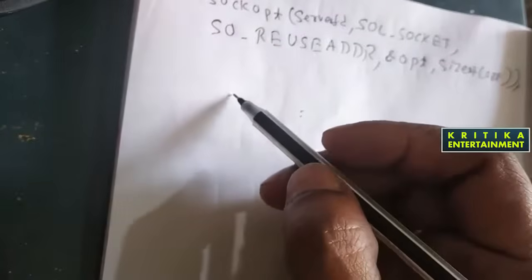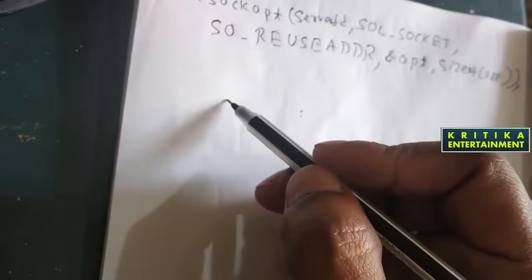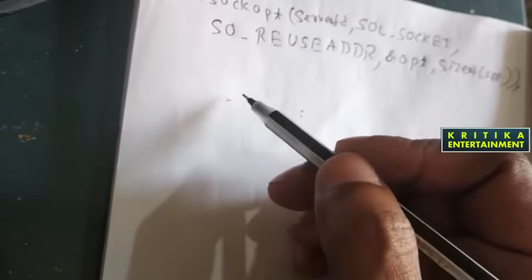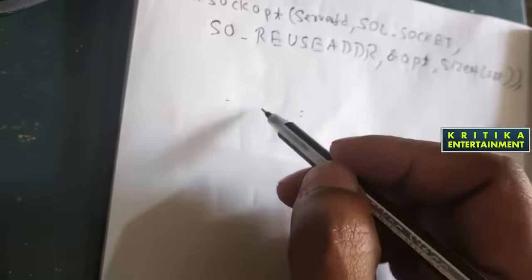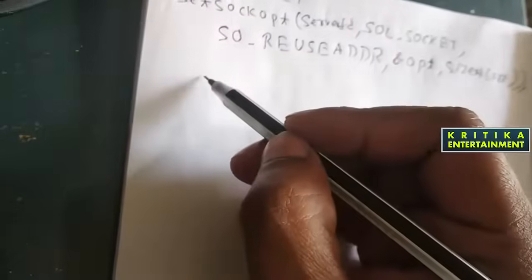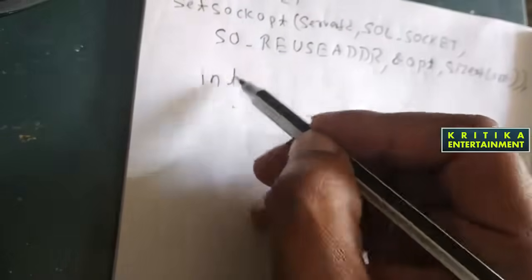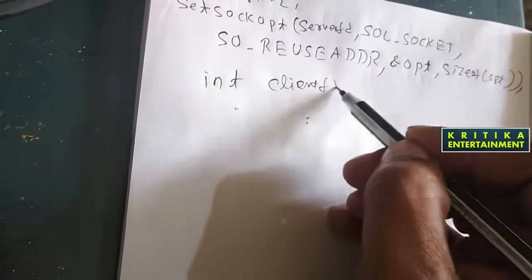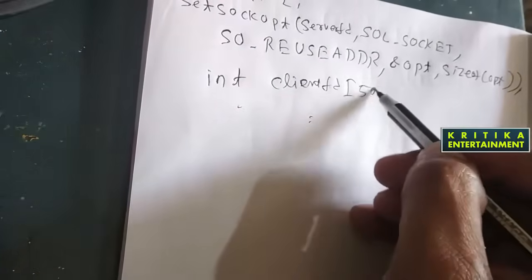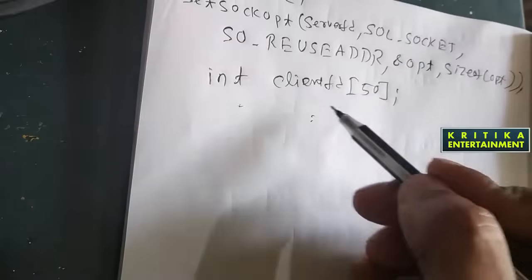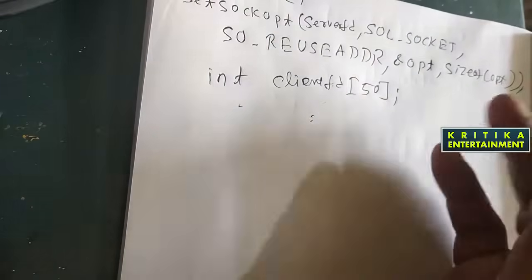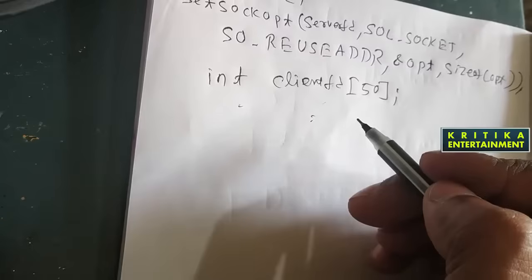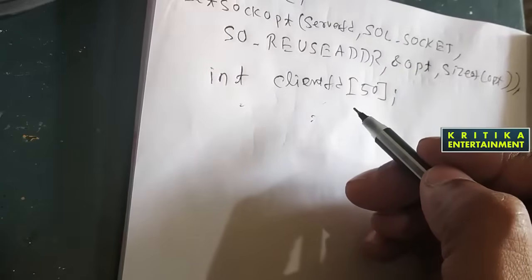How a single server can connect multiple clients. So I will tell you what is the logic. Here, first you will declare the number of clients, an int array, client fd. Here I have taken the maximum size as 50. This client fd will hold the number of fds returned from the client side. Then what will you declare here?